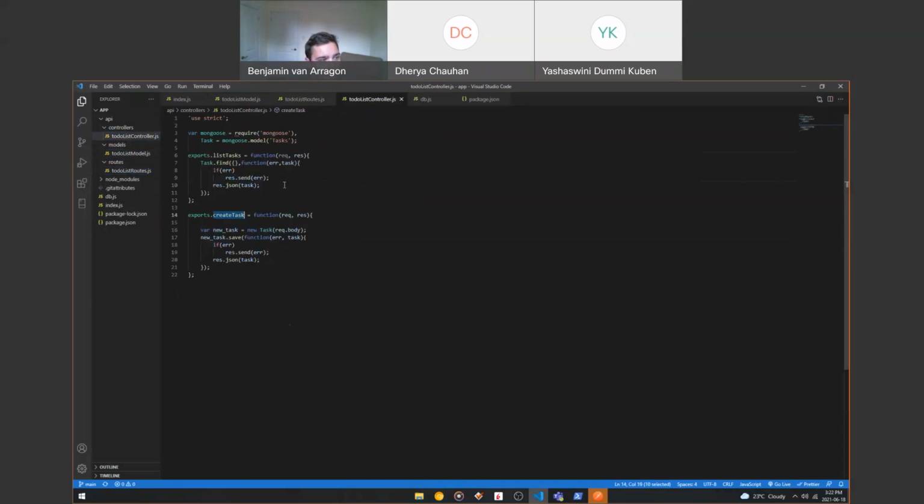So we can see in both of those, in list tasks and create task, basically we have a request and a response. In list tasks, we only have a response. So it's just going to use the find function here, and it's going to have an error and a task as parameters. And basically, if there's an error, it's going to return the error in the response. If not, it's going to respond with the tasks from the find method that have been found, all the task objects